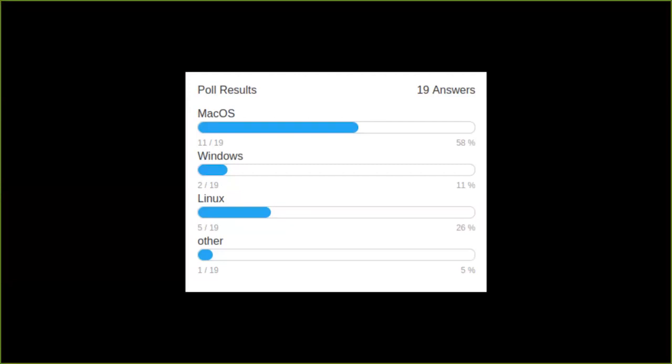There was also a poll I did before, and I asked people what operating system they're using. I'm personally a Linux user, so I'm always curious how the distribution is. Most people are expectedly on macOS, and then there's a few Windows users who I'm really curious about. But I'm even more curious about that one person here who said he's on a different operating system than those three. So if you were one of those, I would like to know what that is. Just write that in the chat. I'm going to check it out later.